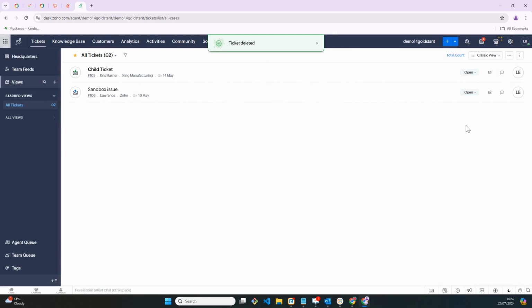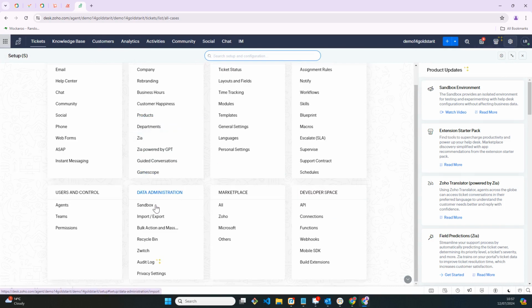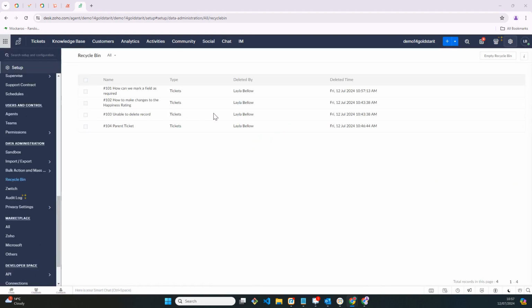Now, to access the recycle bin, let's click on the Settings cog in the top right-hand corner. Find the Data Administration submenu and click on Recycle Bin. And here we can see a list of tickets that are sat in the recycle bin ready to be either